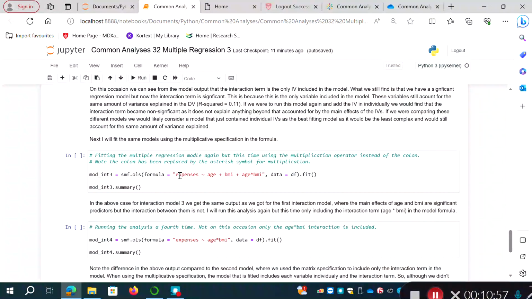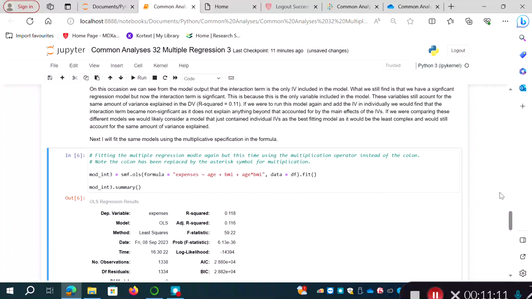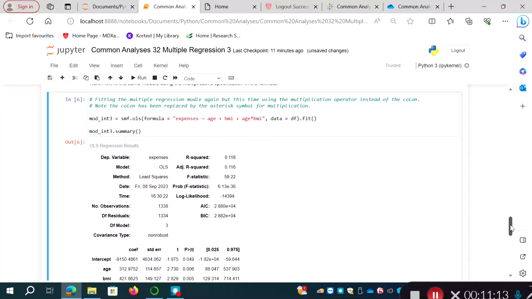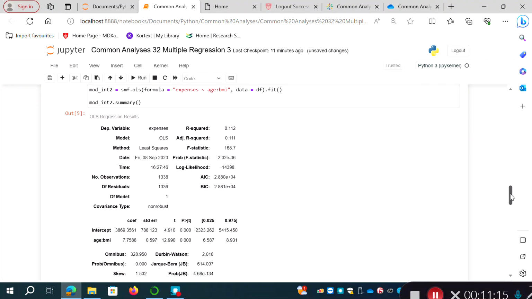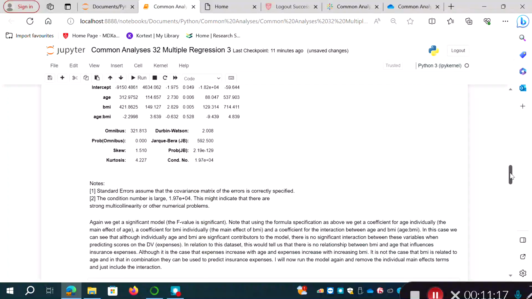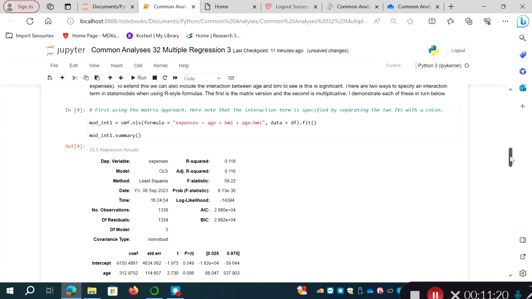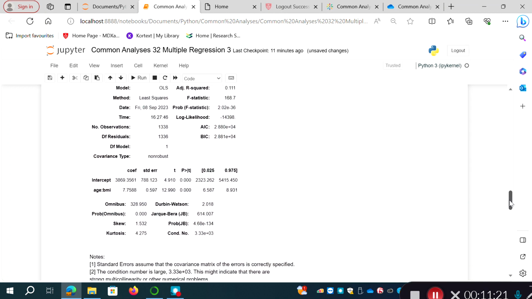So now what we've got is our DV, expenses, as a function of age plus BMI plus the interaction between age and BMI. Let's run that. And you see what we get is kind of the same as, what was our second model, sorry, our first model. You effectively get the same results as our first model,